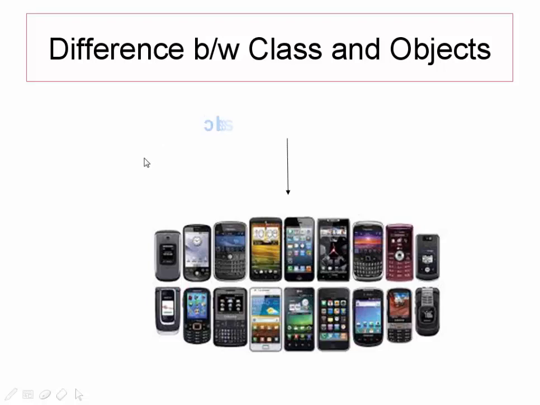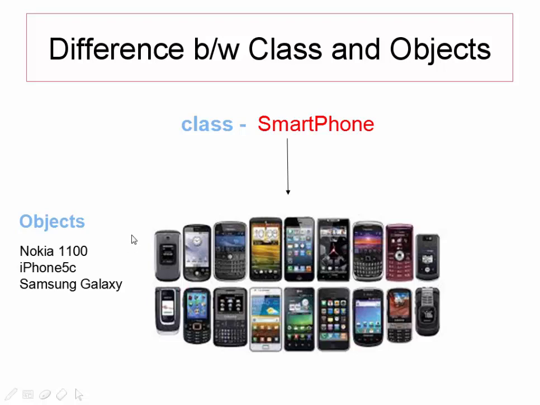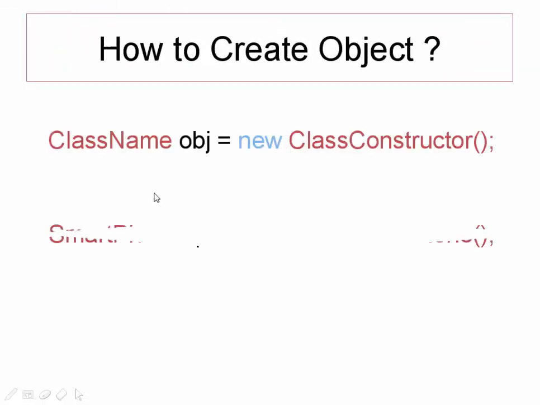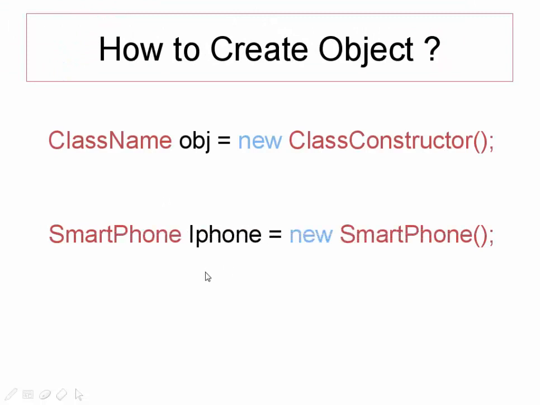Classes consist of many objects, whereas an object is an entity which stores the relevant information. We have taken the example of a smartphone, so let us compare with the smartphone how we can create our own object. To create our own object of our class smartphone, we need to first write smartphone followed by the object name that we want to create.